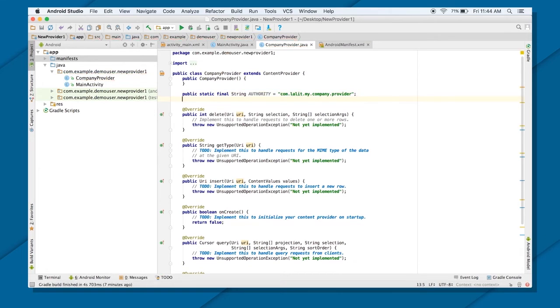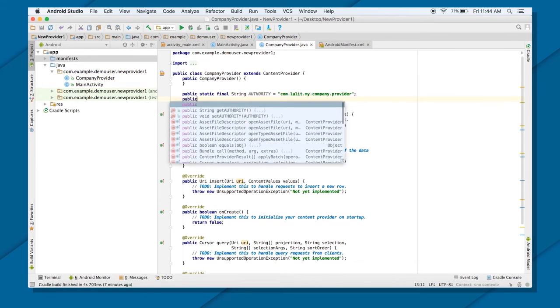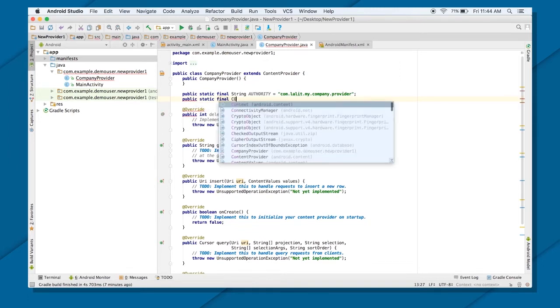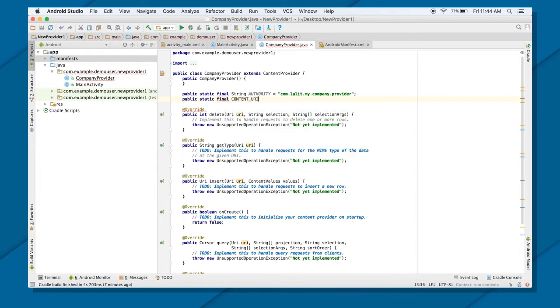And then public static final Uri CONTENT_URI1. Why am I putting 1 here? Because if you have more than one content provider, you might want to access a different content provider with a different authority. It's totally dependent upon the user.